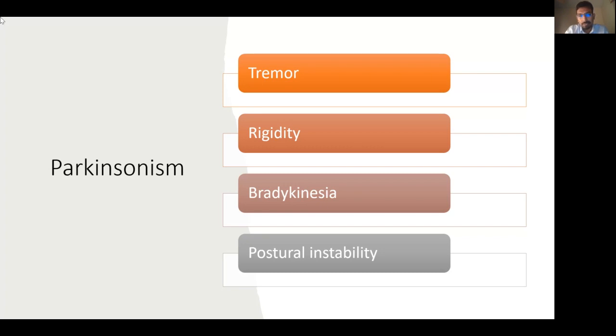All these are very important. We will try to describe all these individually in the next few minutes, but it's important to keep these four things in mind. These are part of the diagnostic criteria in all the conditions. So: tremor, rigidity, bradykinesia, and postural instability. I'm repeating it so that it registers in your brain and you don't forget, so that you can keep it in mind when you see the next patient.